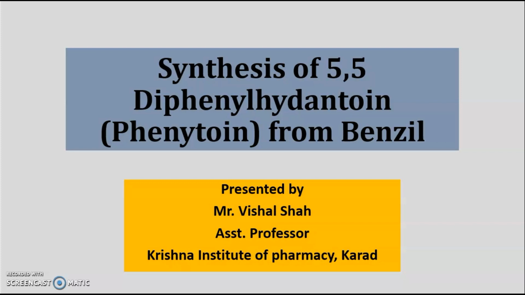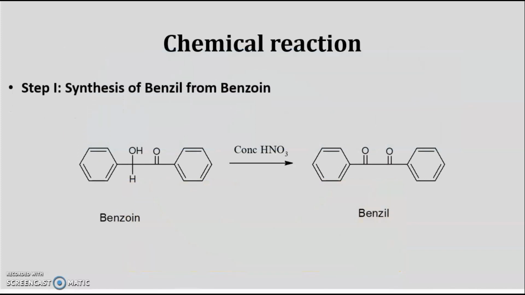So let's begin today's session, that is the practical synthesis of 5,5-diphenylhydantoin. Basically, the synthesis of this 5,5-diphenylhydantoin is divided into two steps. In the first step, we will carry out the synthesis of benzil from benzoin. You might be familiar with this, because we have already performed this synthesis in pharmaceutical organic chemistry. This first part we will do the same, which involves the synthesis of benzil from benzoin, and later on we will convert this benzil into